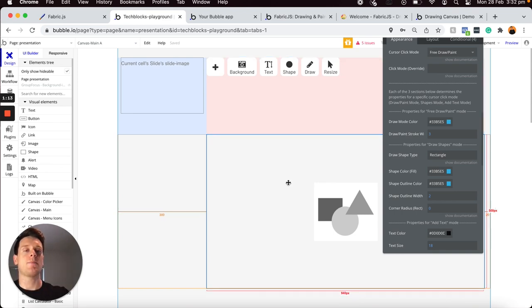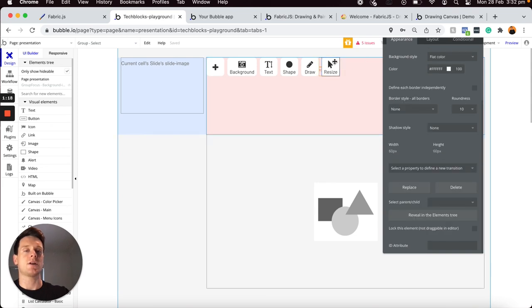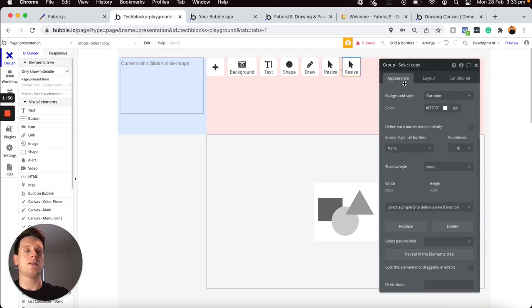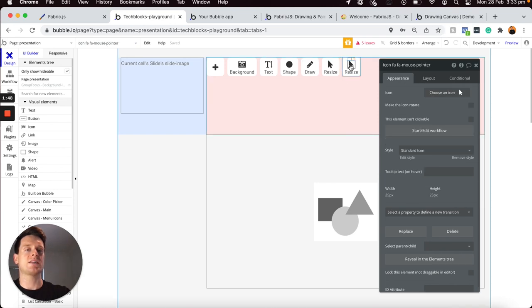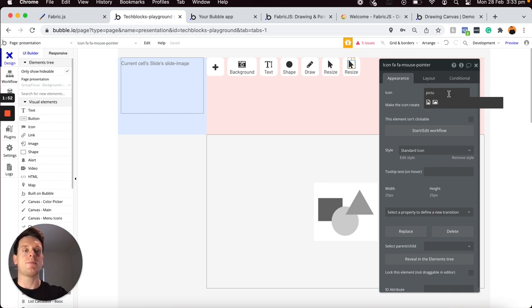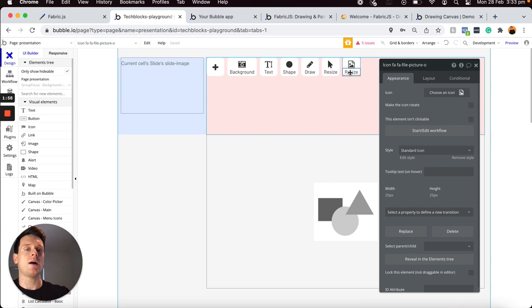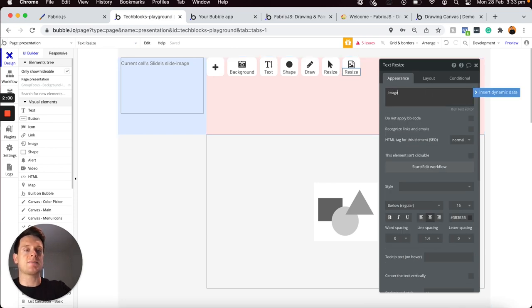And so I'm going to start by first of all adding in an additional menu button, as I mentioned. So I'm going to click on my select button here. I'm going to make a copy of that. I'm then going to pull my element inspector down, and I'm going to update the name of this. And I'm going to call this group upload image. I'm then going to select on the icon within this group, I'm going to type in the word picture. I'll select this picture icon here, and then I will update the text within this group to display the word